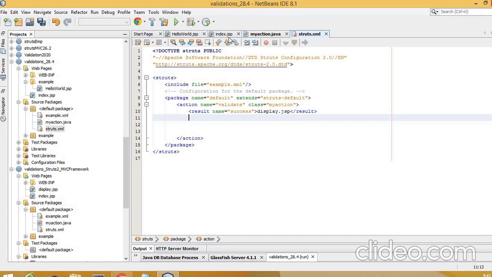Okay, so now we will just put this action name validate in our first index.jsp. So when we click on validate, it has to go to the MyAction Java class.